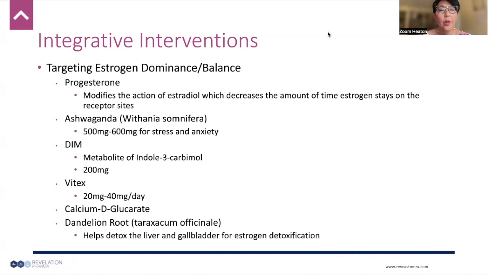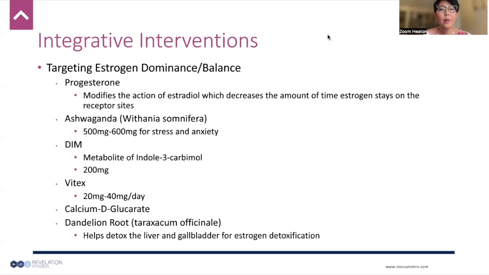It is important to note that over-the-counter progesterone creams can be ineffective, and also it could create imbalance just because it's not customized to a person's individual need. And so bioidentical hormones that are compounded in compounding pharmacies are much better because of the micronization of the molecules so that it can actually penetrate the skin much better for bioavailability. And also, we can customize the dose to fit the individual need.